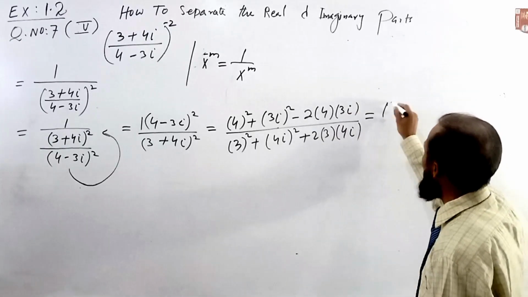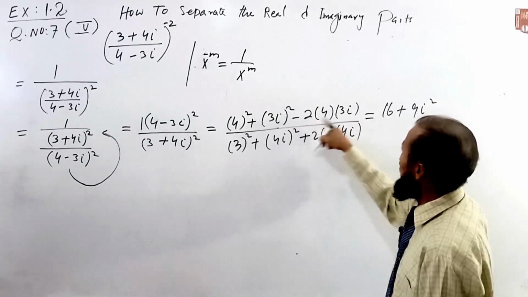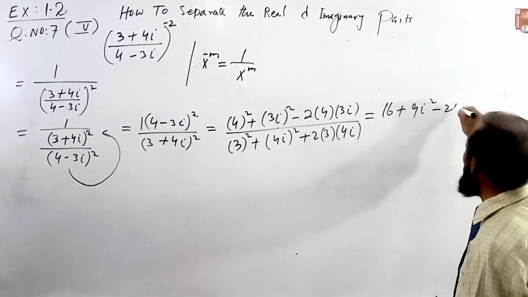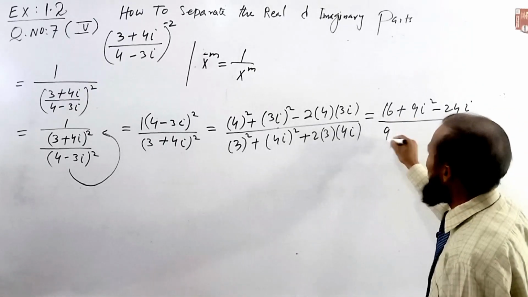So here we get 16 plus 9i square minus 24i, divided by 9 plus